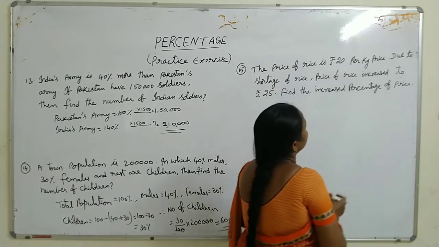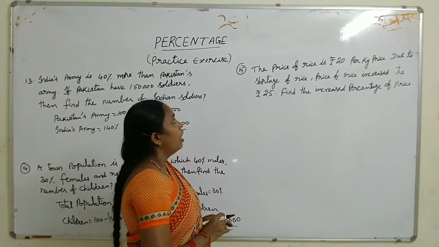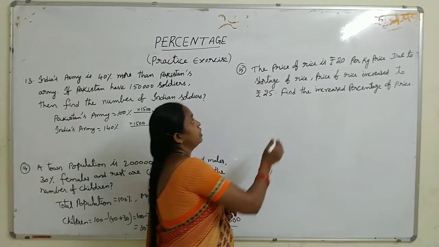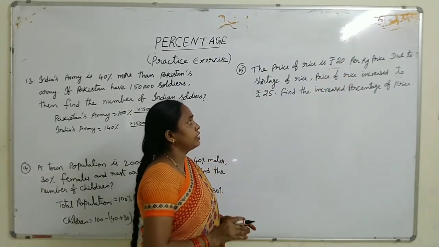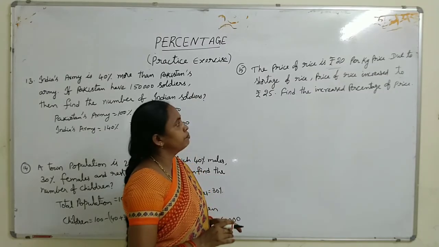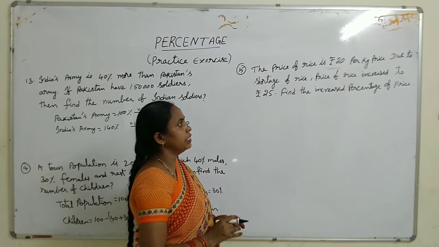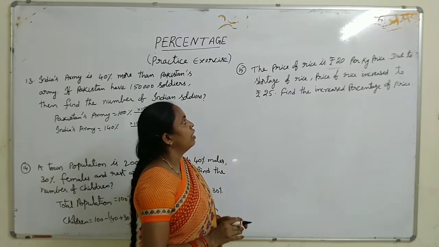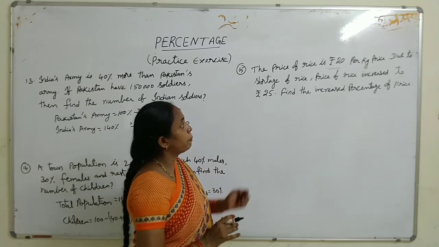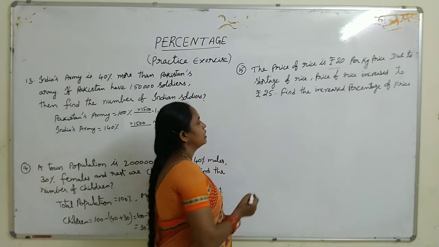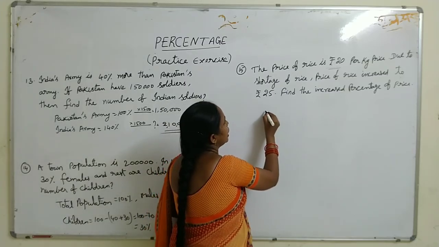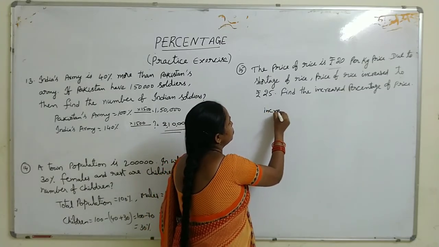Here, the initial value of rice equals 20 rupees per kg. Due to shortage, that means demand, the price will become 25 rupees. Then the increase percent. So therefore, increase percent equals